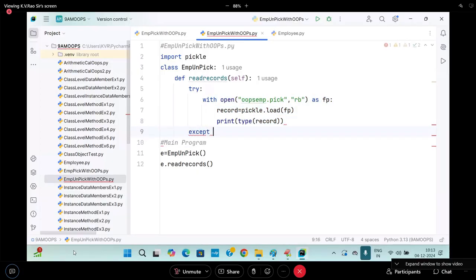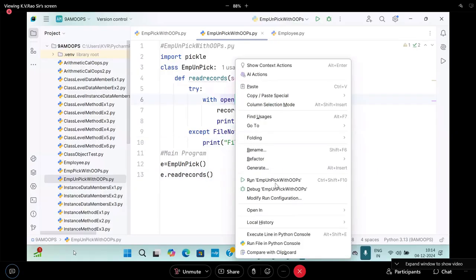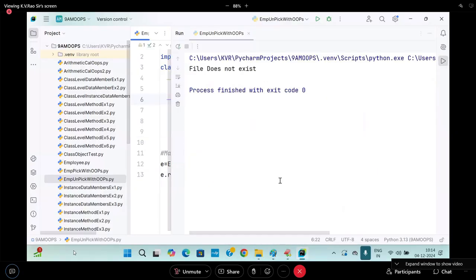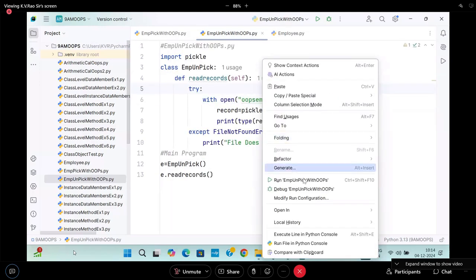Except. What is this now? File not found error. I'll say print of what? File does not exist. Try to run this as one here by keeping. You try to say file does not exist. Now if I write it, now it is going to be getting the first record of